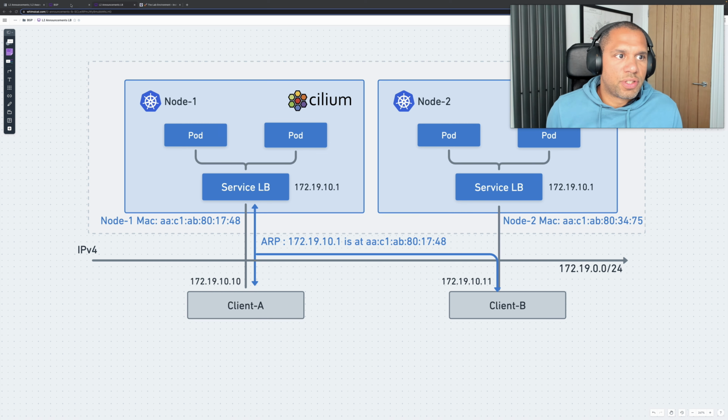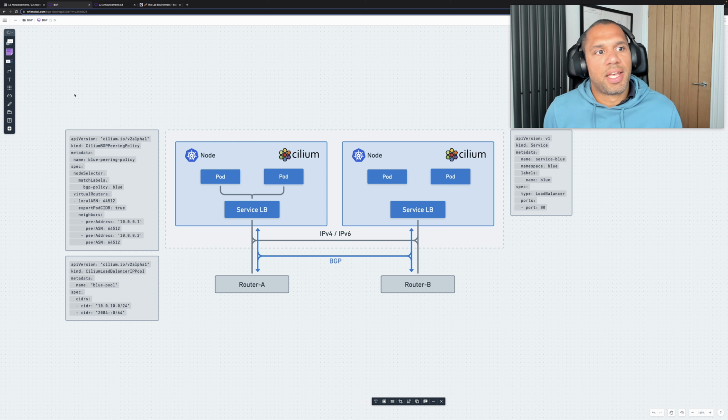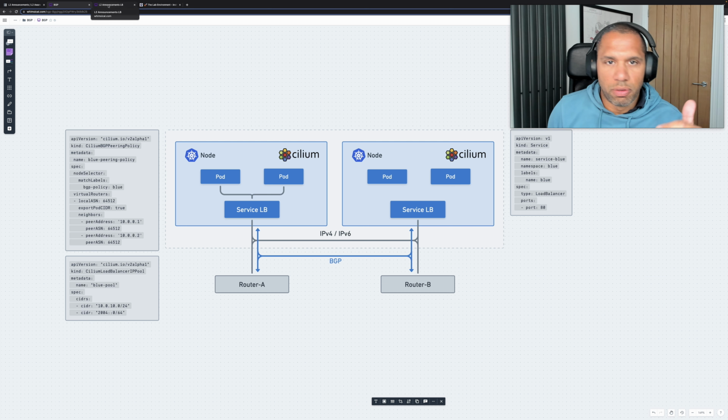I've shown you in some videos how you can use Cilium and the embedded BGP daemon to advertise IP addresses over BGP to remote peers, which works great. Now what you might want to do is, if you don't have a local BGP peer, or if you just want to advertise services locally over layer 2, you can now use Cilium to reply to ARP requests over your